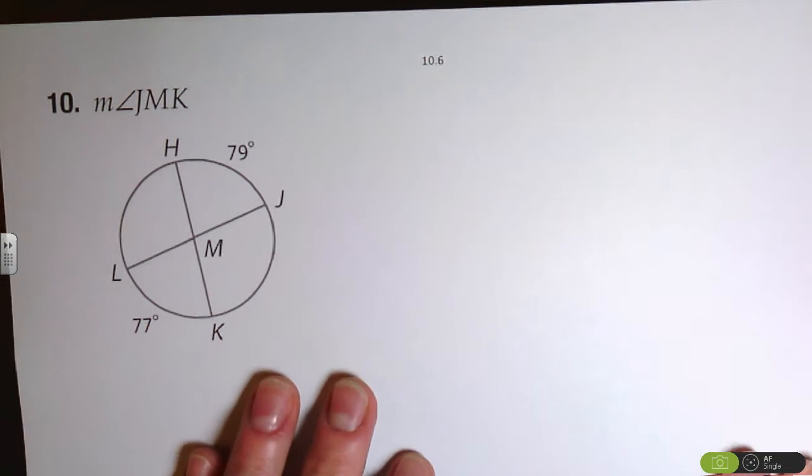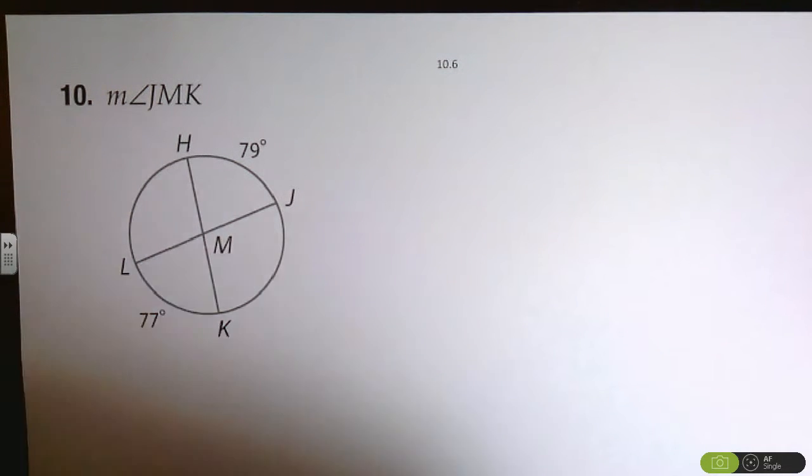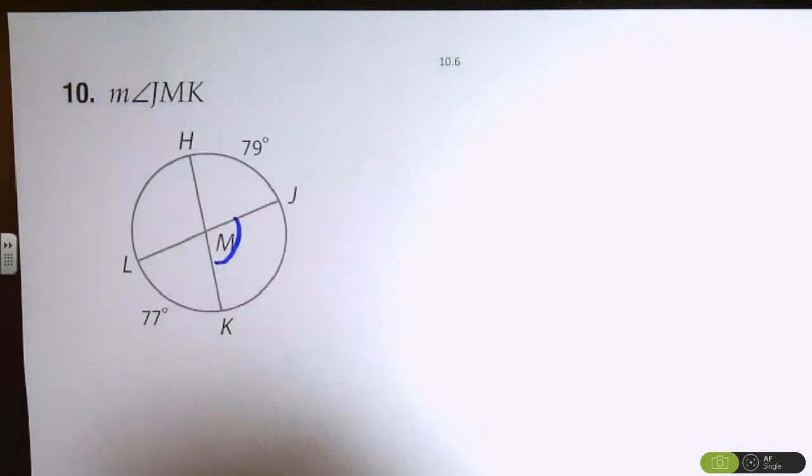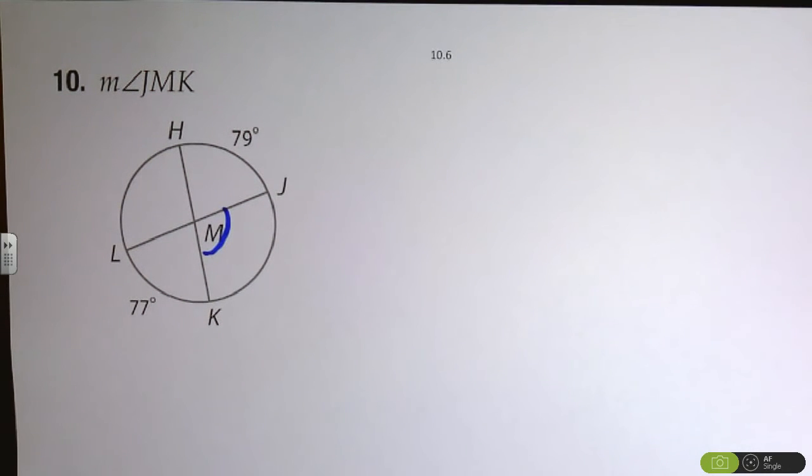Okay, so here are some extra problems from section 10.6 we went through in class. All right, so we're looking for angle JMK, which is right here. Now, the problem is we have really one of three things to work through. Remember, is the vertex inside, outside, or on it? This one's inside. So the angle here